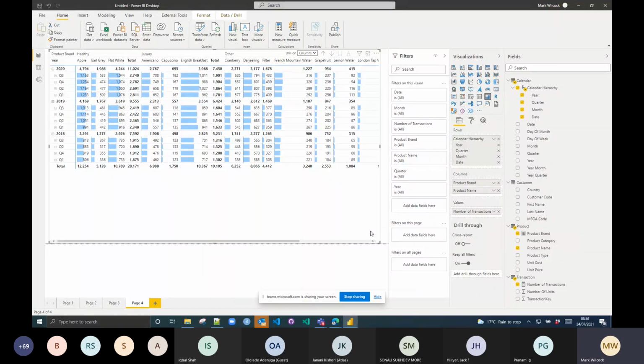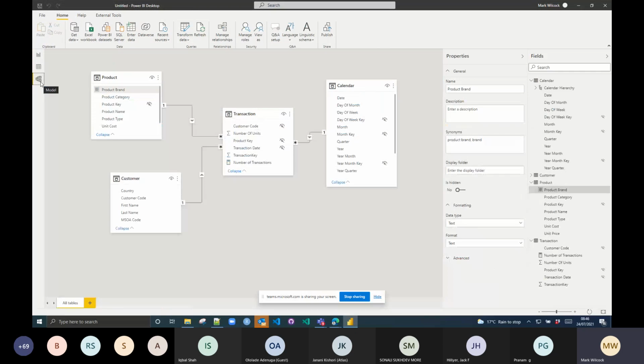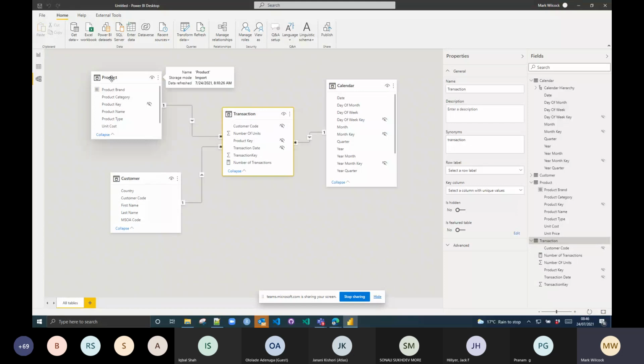Right. There is one last thing I want to show, and then I'll open the floor to questions in a couple of minutes. So far, what we've done is we've built this very classic star schema. And a star schema has this fact table in the middle, and it's got directly connected to it three dimension tables: product,